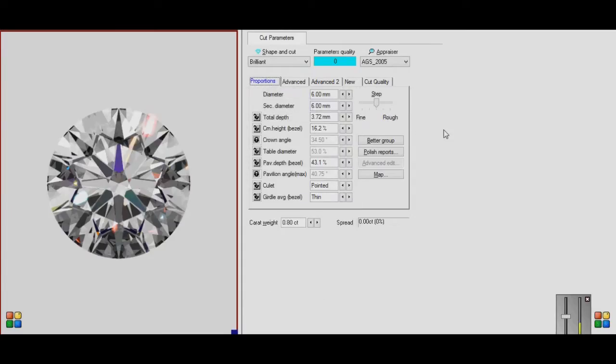Alright, here we've got a diamond of AGS cut quality 0. We're going to be looking at the table and trying to keep the crown angle and the pavilion angle constant. So right now the table diameter is at 53%, and here we've got the HDR rendering of the diamond. What we're going to do first is see how it affects its fire by changing around